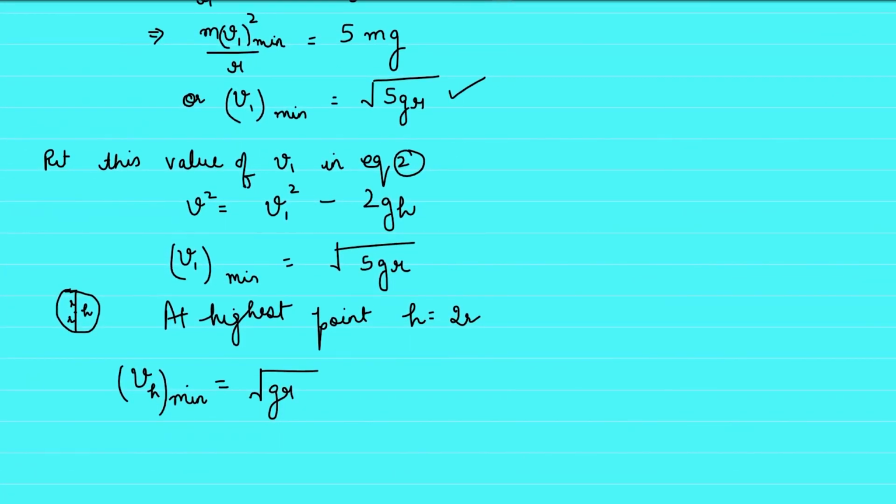So if you just put the velocity at the highest point, we know that the height will be equal to 2r. So at the highest point, the minimum velocity for completing the vertical circle should be under root of gr. So in the end, we can say that if your velocity at the lowest point is greater than or equal to under root of 5gr, where r is the length of the string, then only your particle will complete the full circular